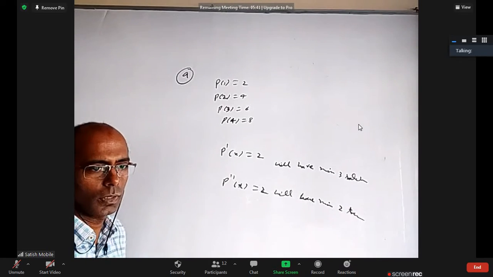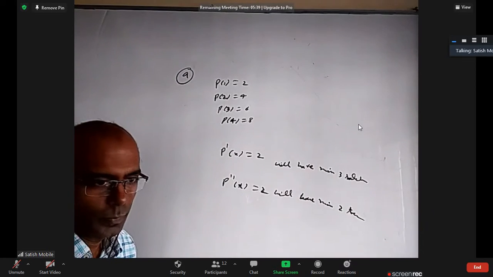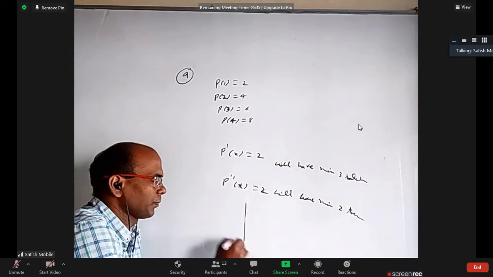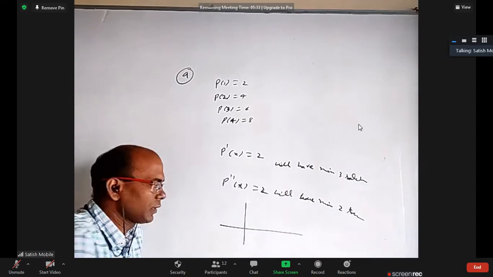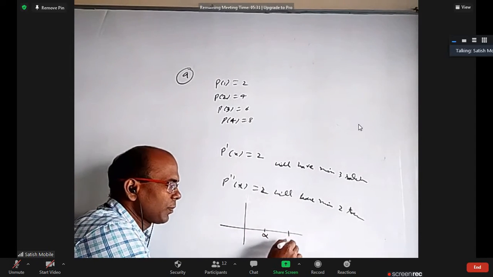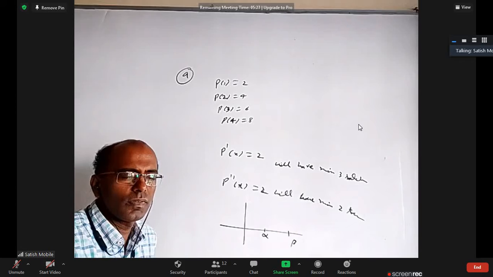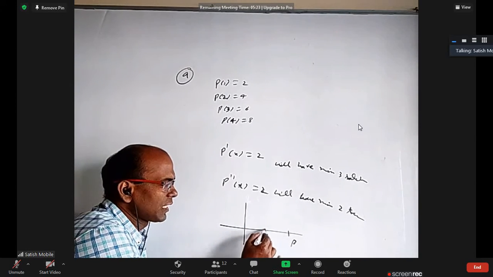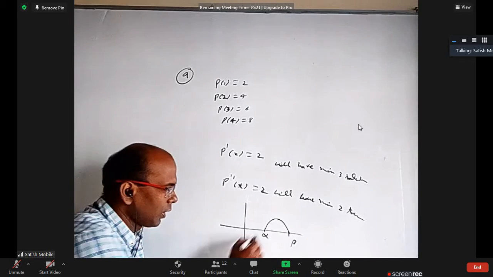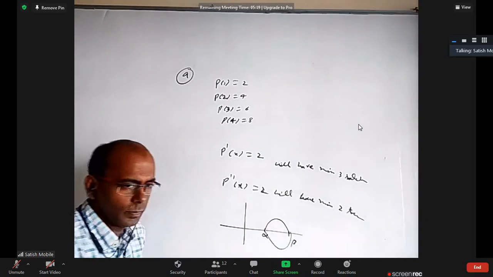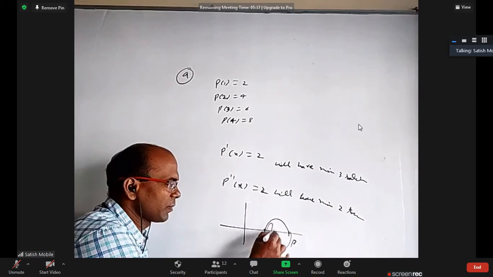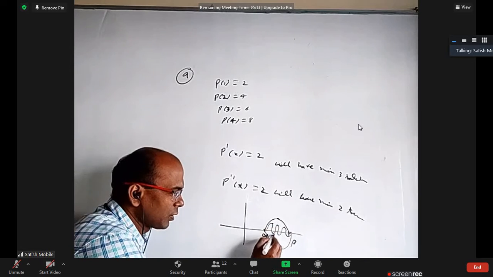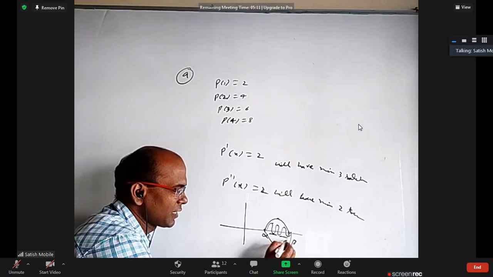How to prove that? There is something called Rolle's theorem, they will tell later. If a function at alpha is 0, at beta is 0, and in between the function is continuous and differentiable, then definitely either it will increase to some value and come back, or it will decrease to some value and come back. Or it may oscillate many times and come back. But it doesn't matter. At the topmost point or at the bottommost point, you can see the tangent is horizontal, right?